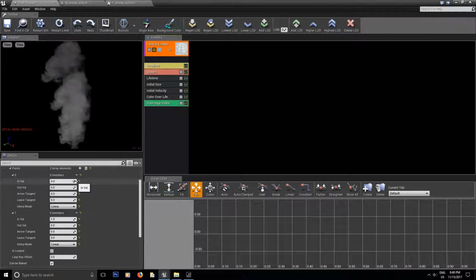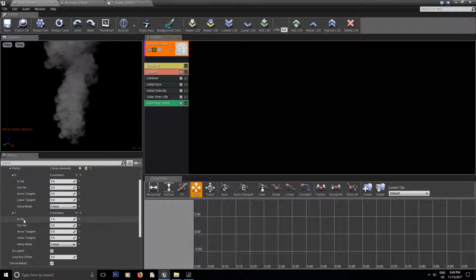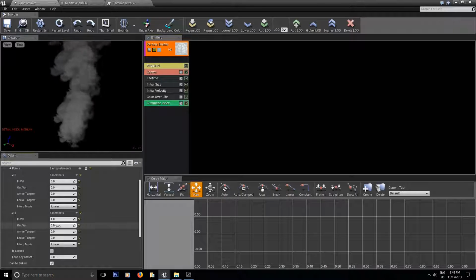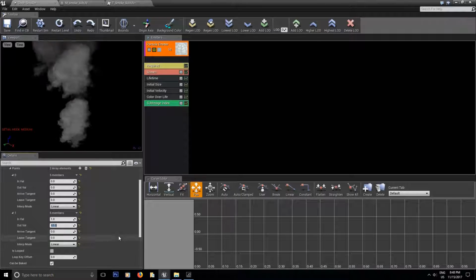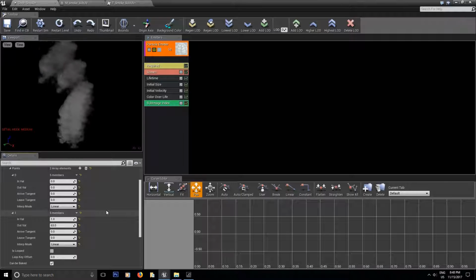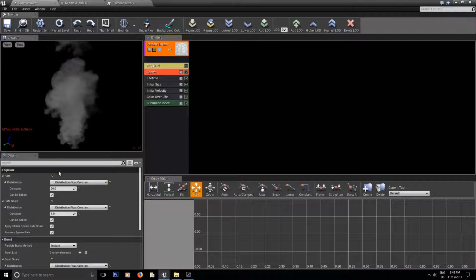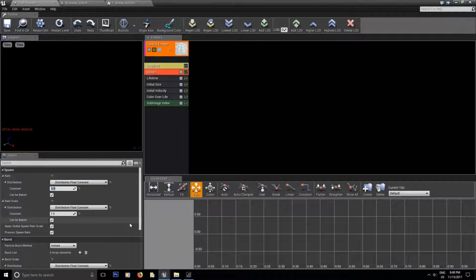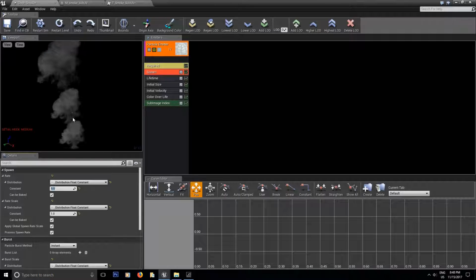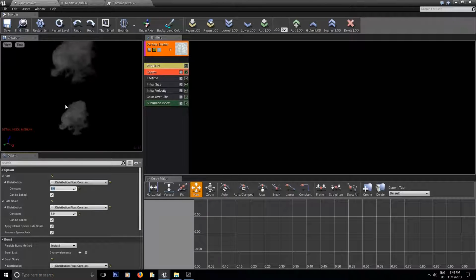So now at 0, you want the first image to be spawned like we see over here, the little tree shape smoke. And now at 1 second, I want it to go all the way up to the last image. And since there's 64 images, the last image is always going to be -1. It's going to be 63. And now if I put it to 63, you're going to see right away, let's bring down the spawn rate to 5. And you're going to notice now that the cloud comes up, and then it just